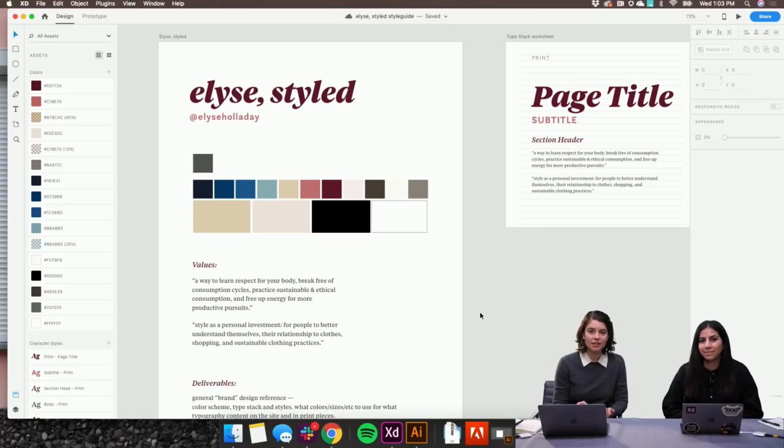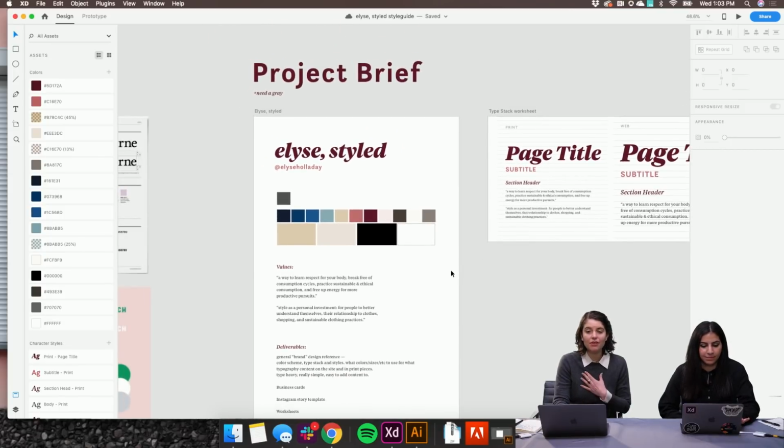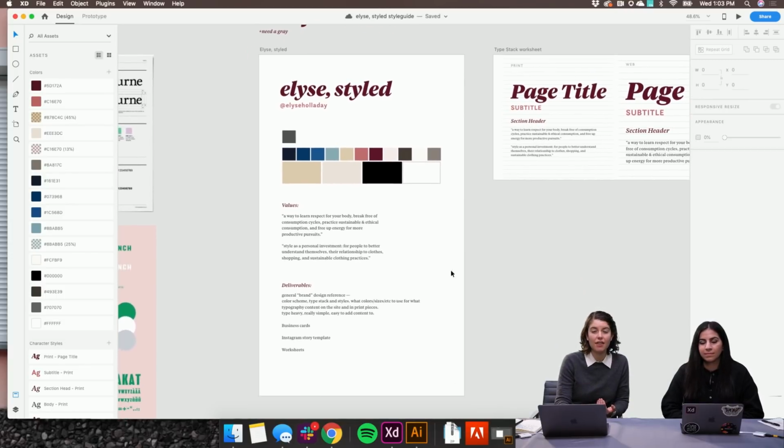I work on XD, and then this project is something that I am doing in addition to my Adobe work to keep my different design skills sharp. And so we looked at the project brief. I have a lot of really good material from the client already about what types of colors she's using, what her kind of mission statement is, and the things that she wants. So we're going for, first of all, like a general brand style guideline.